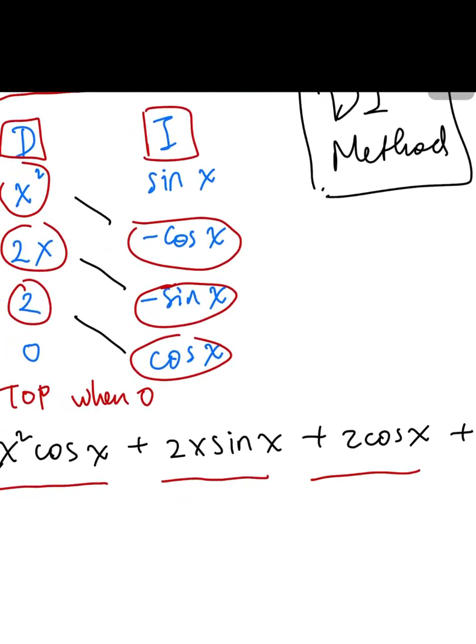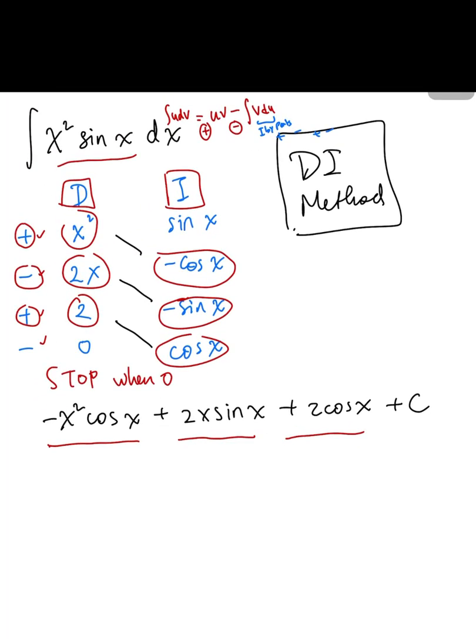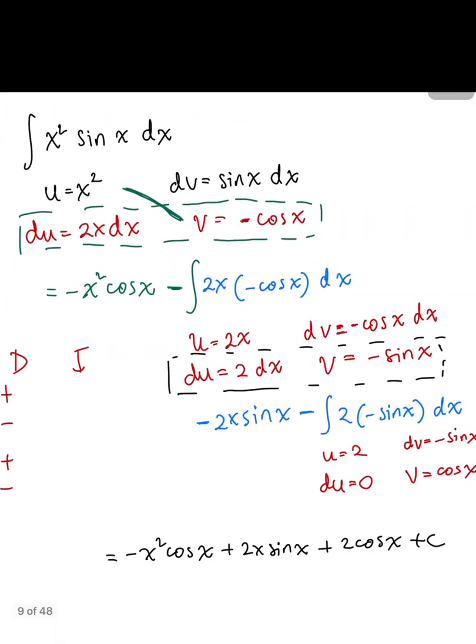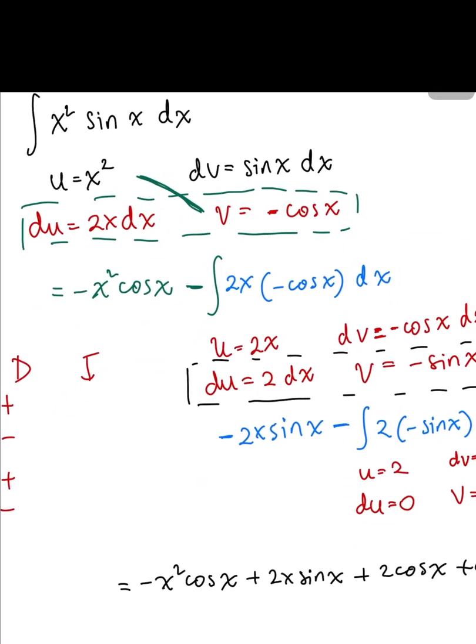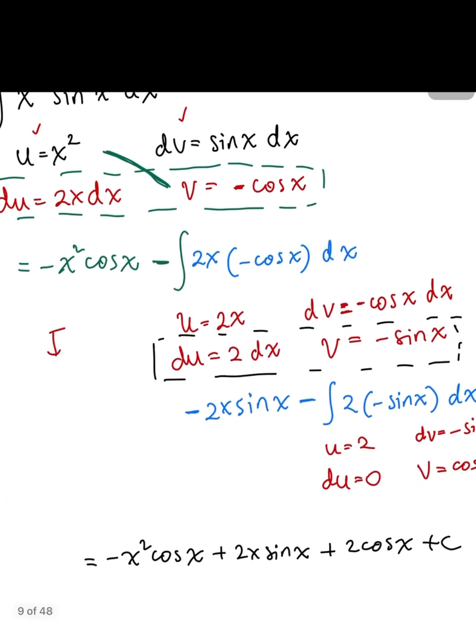And you can check that if you derive this, it will return to our original equation. Okay, here, if you want to break it down by integration by parts traditionally, this is u, this is dv. Notice that this u, v and du are the same setup and arrangement of what we did before, the DI method. Okay, so this is x squared cos x, and this becomes the integration of 2x minus cos x, and